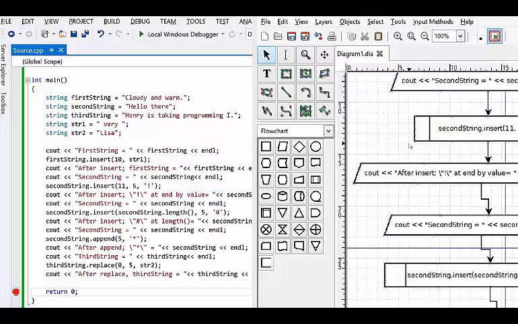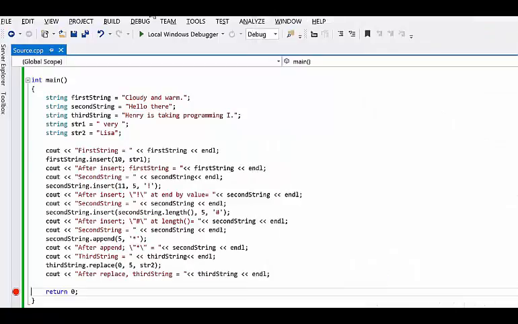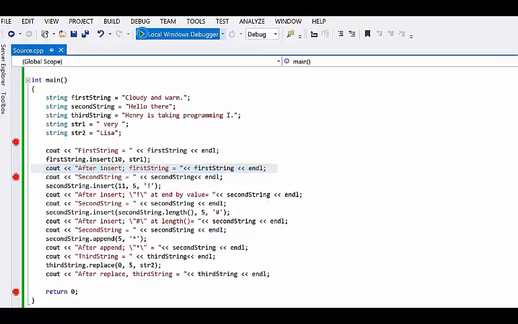So I would recommend that you use something like this and write the flowchart first and then write the code afterwards. Now, one thing that you can also do is place more breakpoints into your code, so you'll know what happens. In this case, we already called the function, so we're going to print out the result, and at that point you can also break the code. In that case, when we run the program,